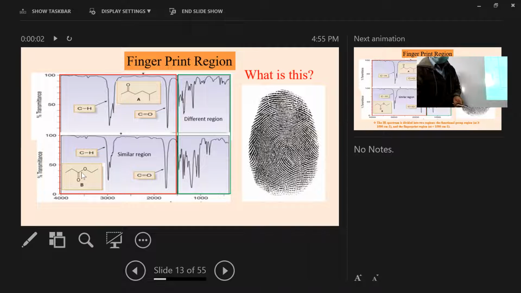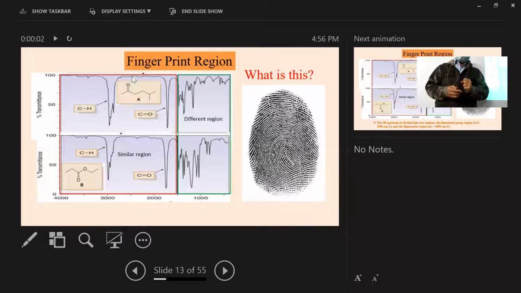You can see this is the oxygen, carbon oxygen double bond. This is carbon oxygen double bond. Here you can see this is carbon and this is oxygen. This is carbon oxygen double bond. This is carbon oxygen double bond. So both molecules having a carbon oxygen double bond, they give very similar